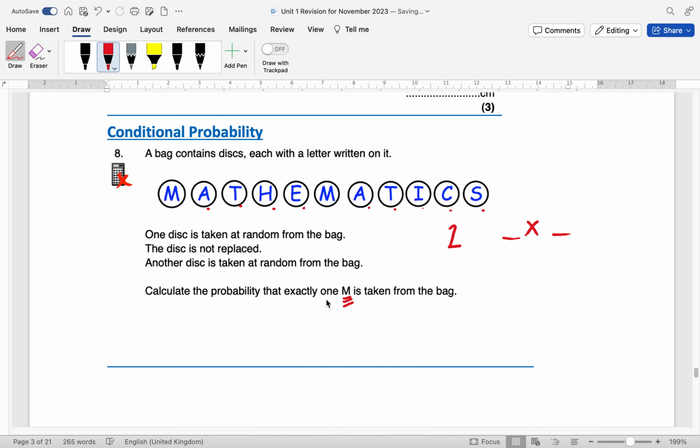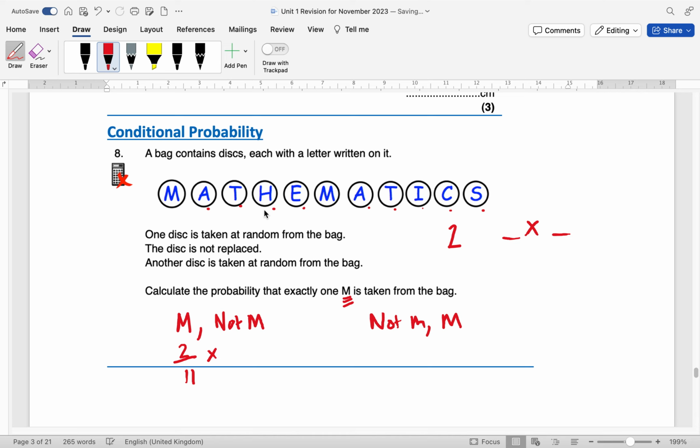In order to take 1 M from the bag, my combinations are either take an M followed by, because I'm taking 2, remember, not an M, or start with not an M, and on your second take an M. So the probability of this is 2 out of 11